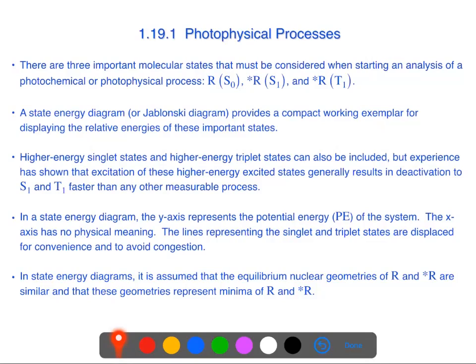In this video, we're going to cover section 1.19.1, photophysical processes. There are three important molecular states that must be considered when starting an analysis of a photochemical or photophysical process. They are the S0 state, the S1, and the T1. The S0 is the ground state of our reactant, R, and S1 and T1 are the electronically excited states of